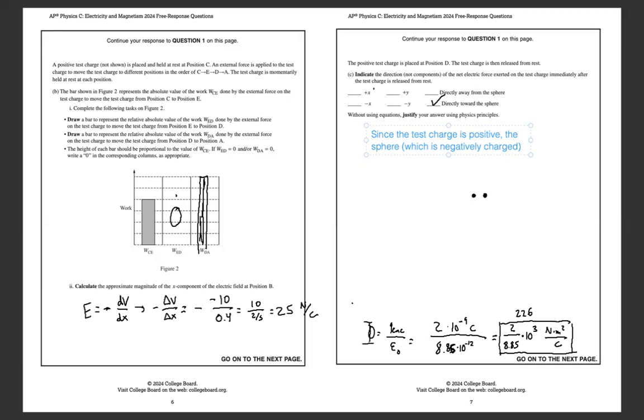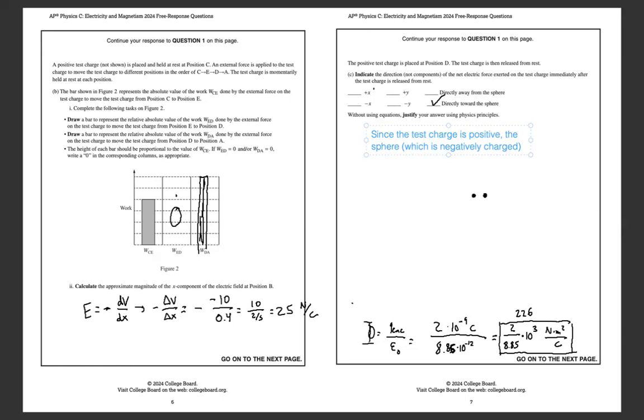Actually, now that I think about it, no, it's not going to be directly towards it. Yeah, no, my apologies. It's not actually going to be directly towards the sphere because there's also the rod that has a positive charge density as well. So I think what's actually going to happen